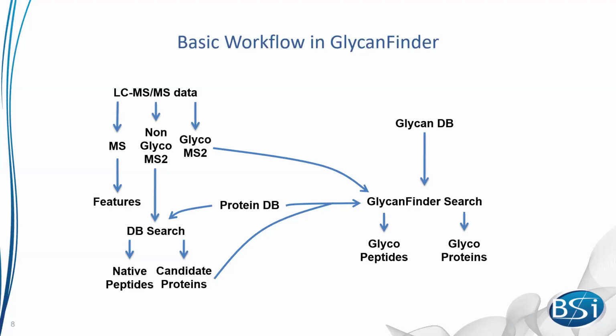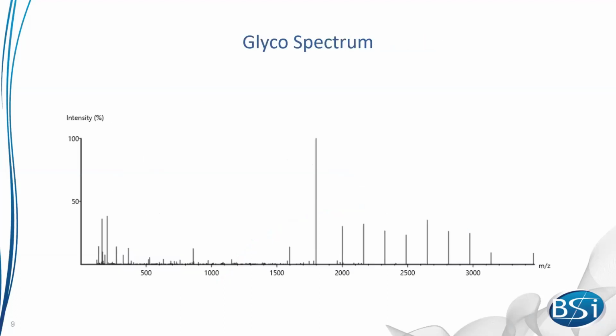So let's have a look at the glycospectrum. This is a typical glycospectrum. It has some characteristics which are different from a typical peptide spectrum, that MS2 spectrum that we see in the proteomics data. In the lower mass region, we can see some oxonium ions, which are signatures that this spectrum can be used for glycopeptide identification. And at the higher mass range, around 2000 Dalton or more, we can see a series